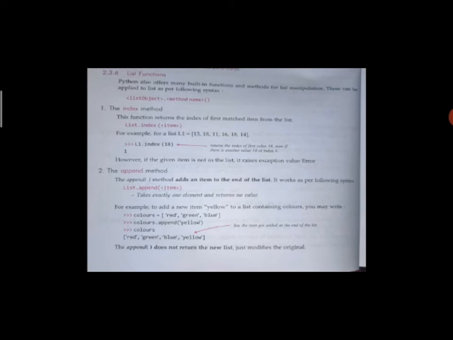Now the next method is append. Append means you store the next value in our list. So firstly you define colors. The list is equal to red, green, blue. Now colors, I have defined the list, colors dot append, this is the method, and the yellow color is to be stored in the particular list. The list was red, green, blue. Okay, now the result is colors is red, green, blue, yellow. Okay, understand?